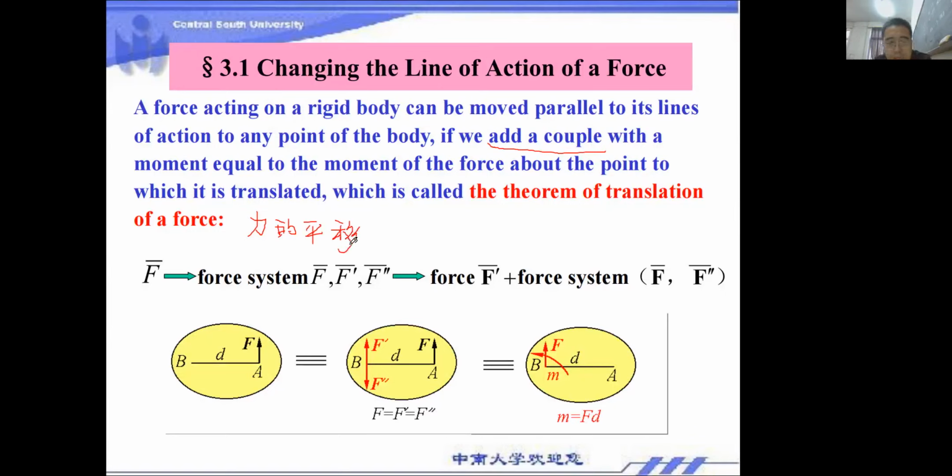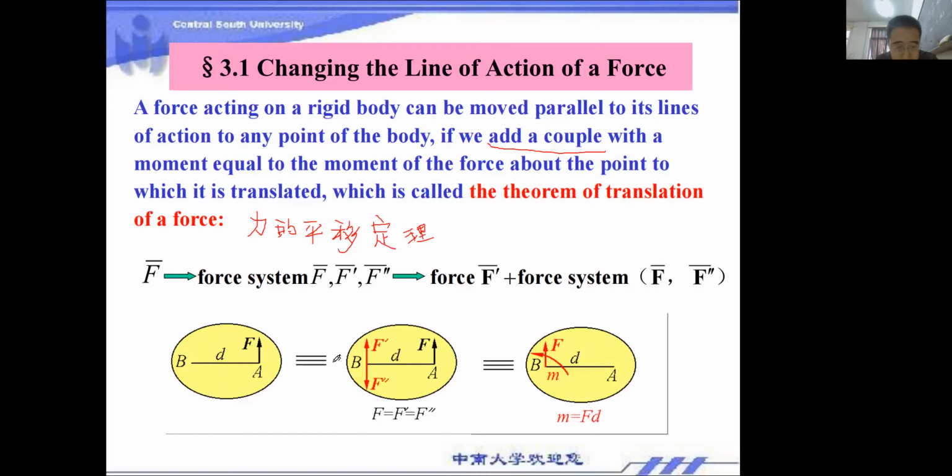So this translation means we only move this force F, but we do not change its direction and do not change its magnitude. That means translational move, right? We should keep its magnitude and keep its direction. Let's say 力的平移原理或者平移定理。